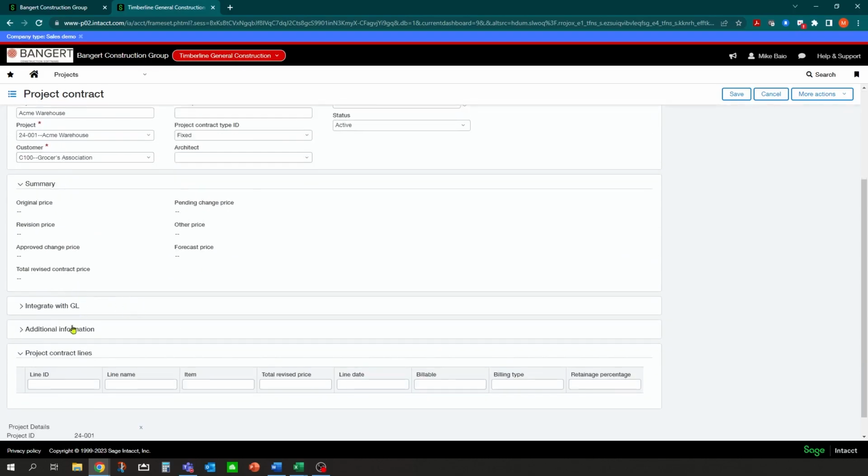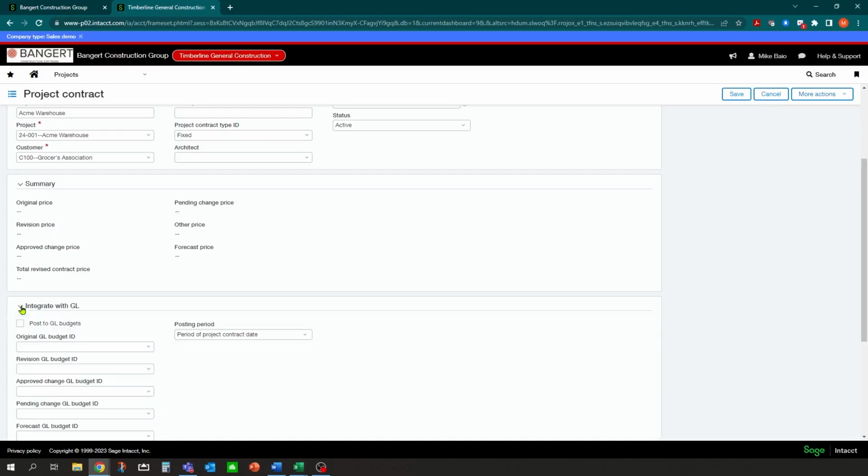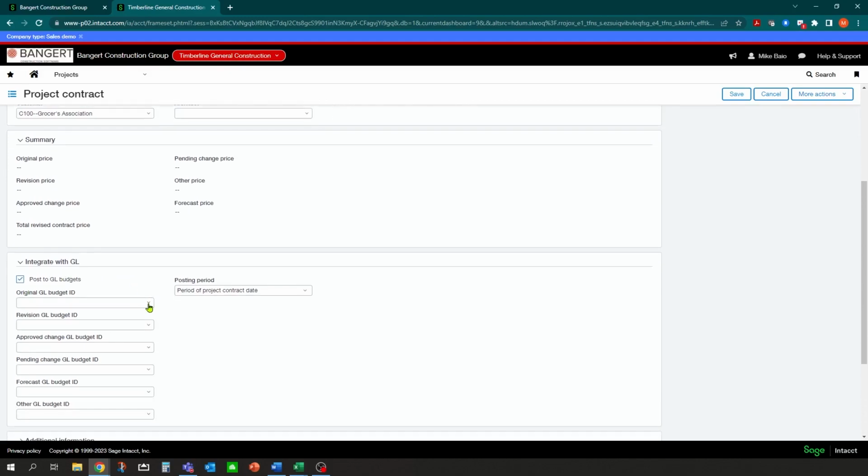And if I scroll down, the only thing we really need to do here, and this is where a template comes in handy, is fill in that I want to send a contract amount budget over. These are already set up, but you just have to link it to what's called the project contract budget, for original, revised, and anything approved and pending. So I like to just fill these all in. We're not going to do anything with forecasting now, so we'll leave those blank.